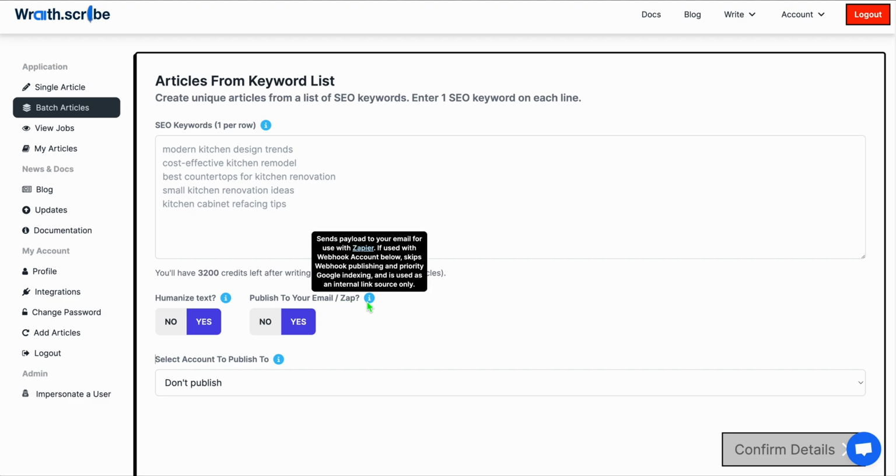Now, if you look at this info carefully, it says it sends payload to your email for use with Zapier if used with Webhook account below. So in here, if you choose a Webhook account, it skips the Webhook publishing and priority Google indexing and will use your Webhook website as an internal source only. It's actually good that this is like that